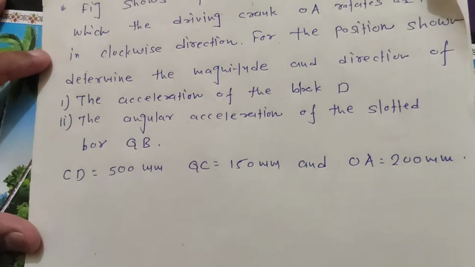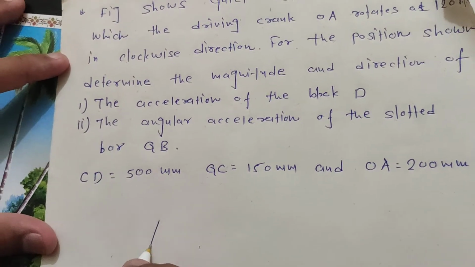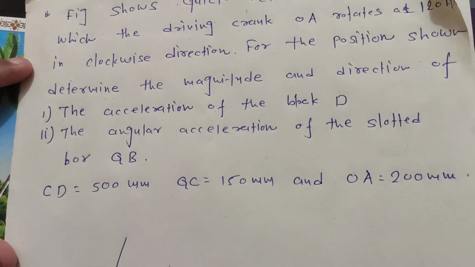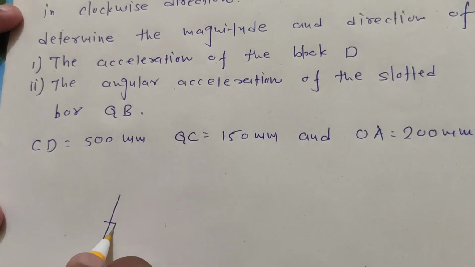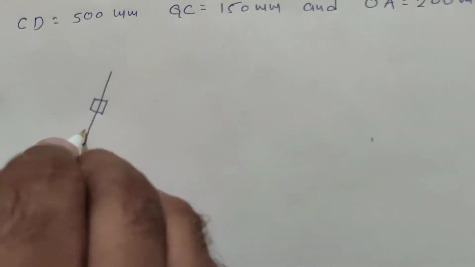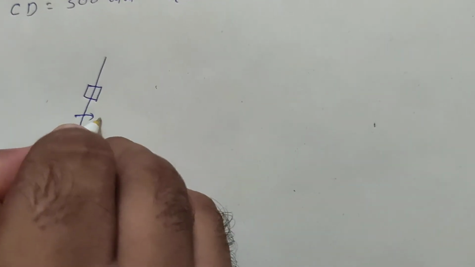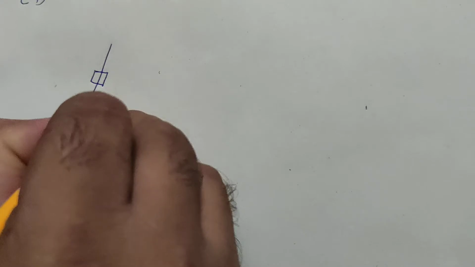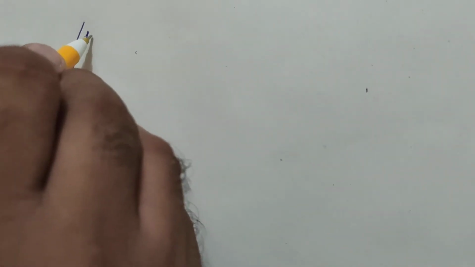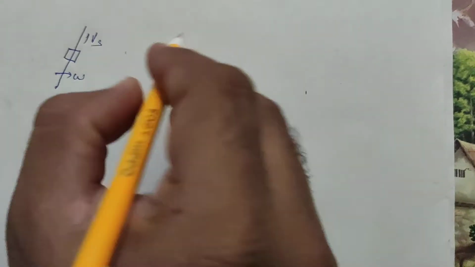when one link is fixed, and on the link there is a slider. The link moves with an angular velocity, that is omega, and the slider moves with a sliding velocity. So on the basis of that, that component of the acceleration is nothing but the Coriolis component,